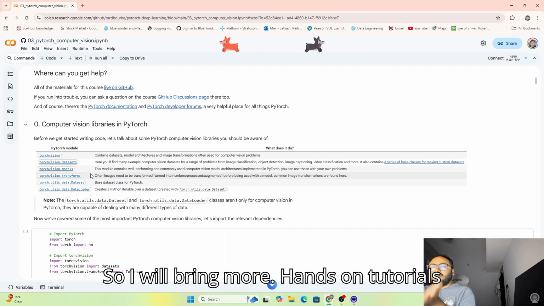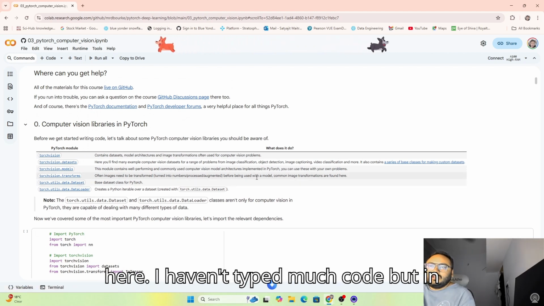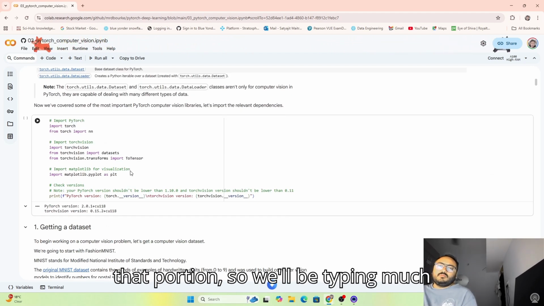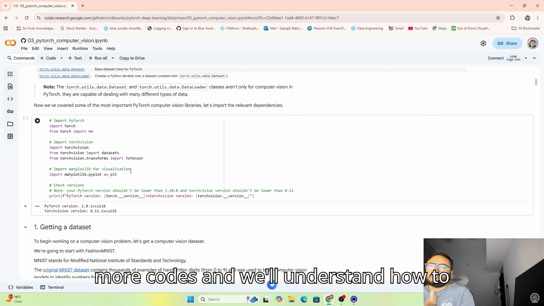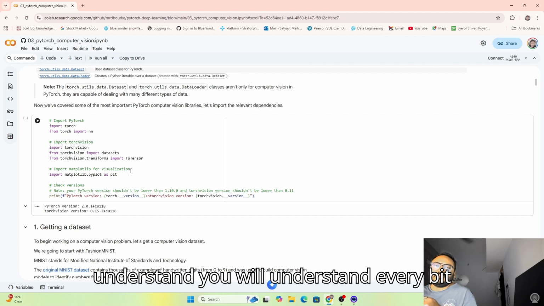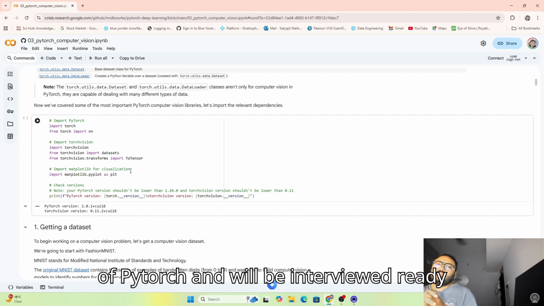So I will bring more hands-on tutorials here. I haven't typed much code in this one, but in those we'll be typing much more code, and we'll understand how to build complete structured projects, and you will understand every bit of PyTorch, and will be interview ready for your